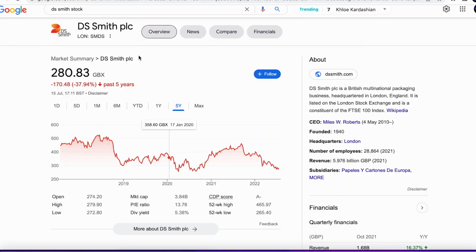So the first stock up is DS Smith. This is a UK company that, if you don't know, is a packaging company. So obviously with a packaging company, with the e-commerce boom, this is probably quite a safe play. There's not much that will affect it. Sure, there might be times where it's a bit of a peak and a bit of a slump, but it's a pretty safe company. It's listed on the London FTSE 100, which obviously is our main index,